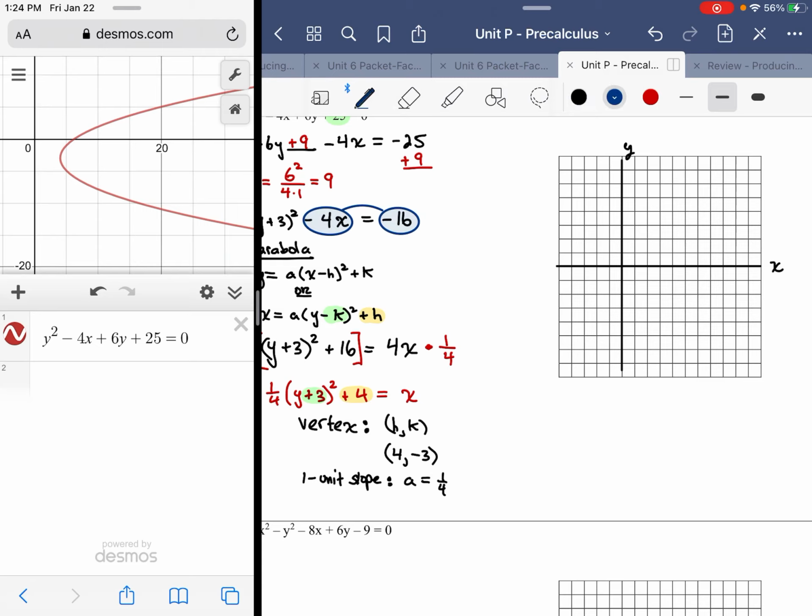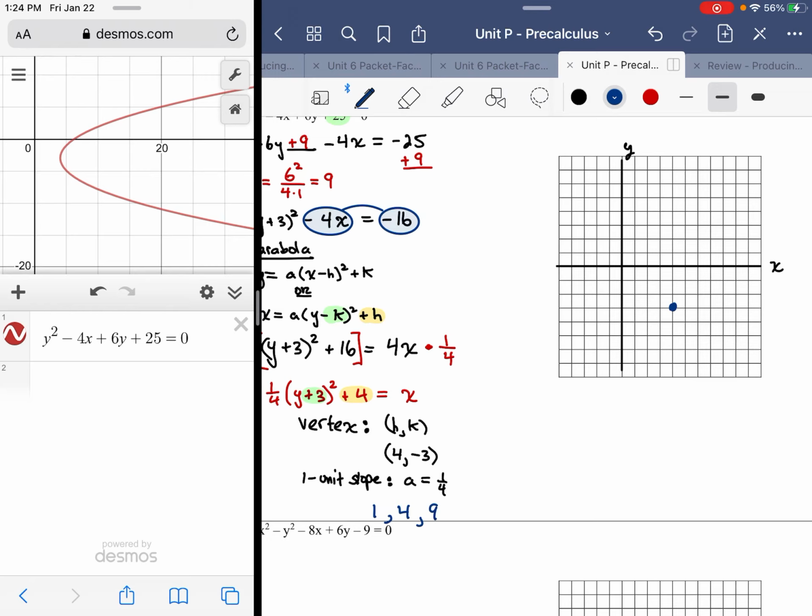Plot the 4, negative 3. Now, normally the relationship would be for each unit away from the vertex, in this case up or down, you would increase. Normally if it's an ordinary parabola, you go up or down. Here we're going left or right. But you'd increase by 1 unit, then 4 units, then 9 units. All right? So that would be the relationship 1,